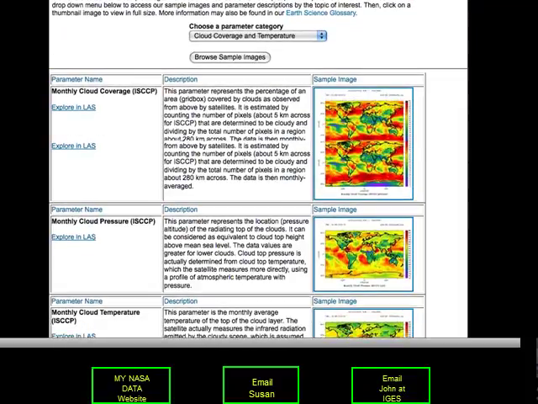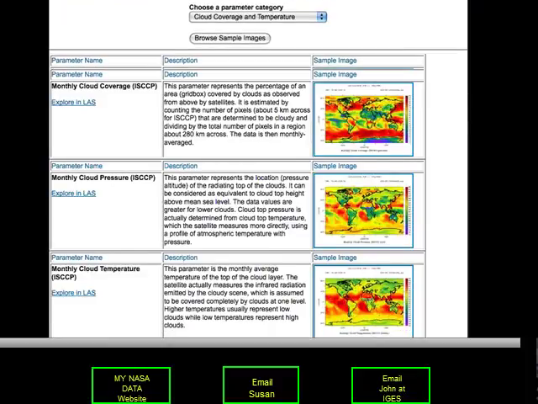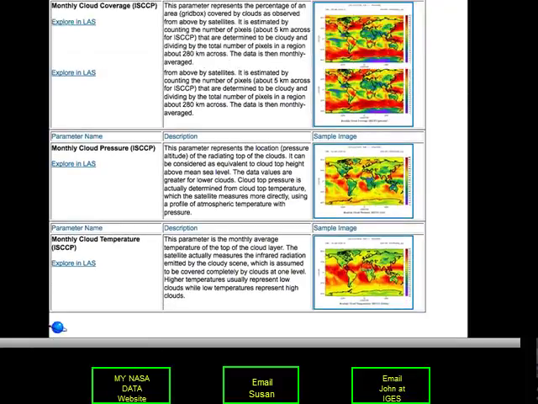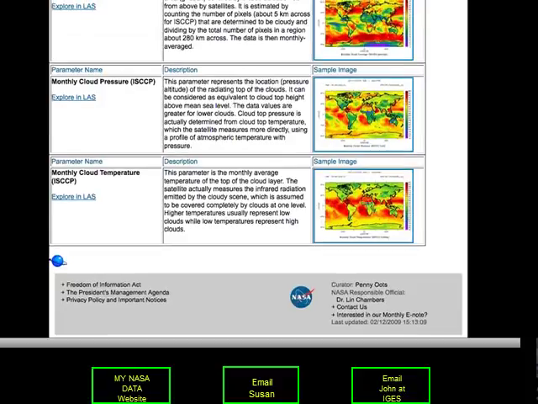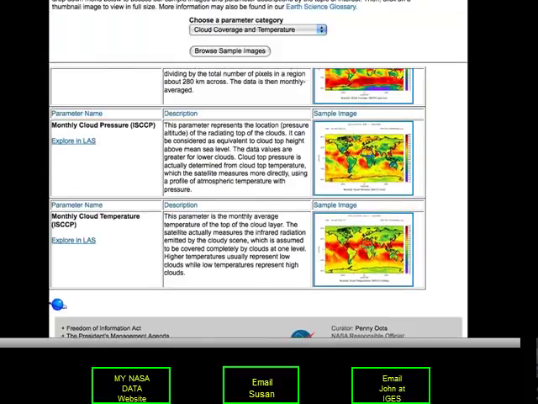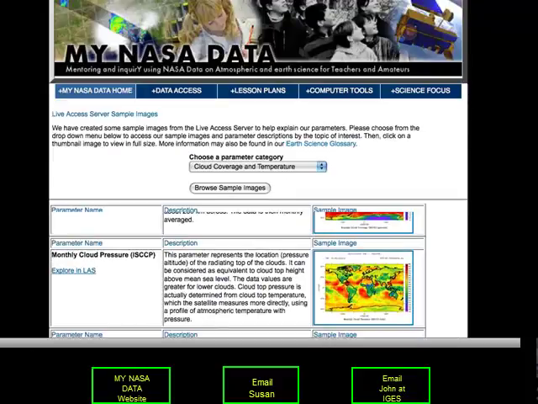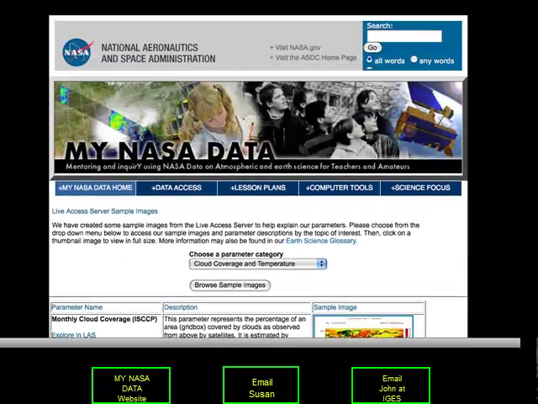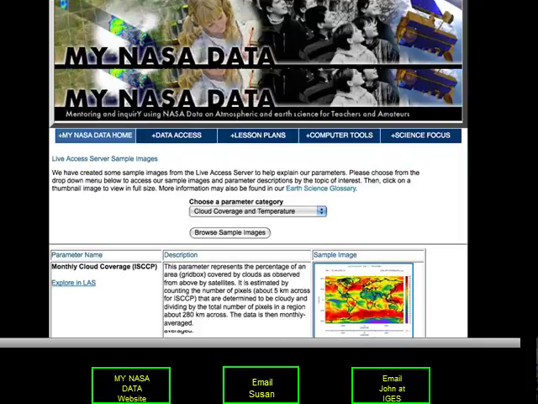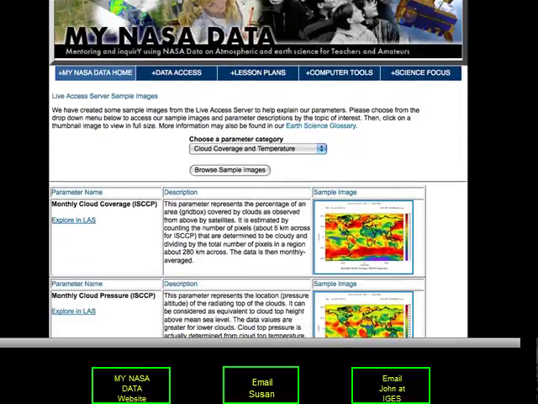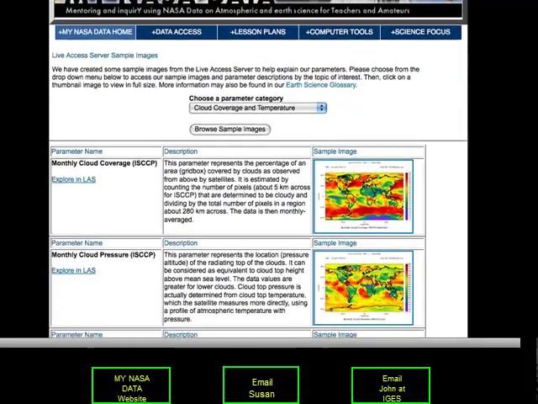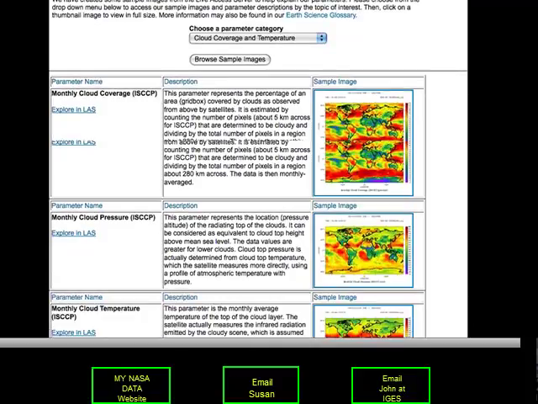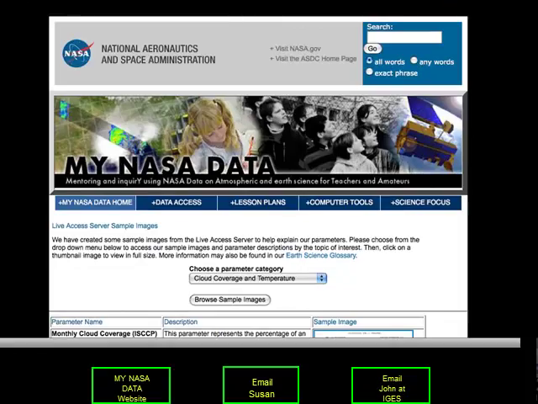So that's an example of using the sample images. It saves you a little bit of time. And of course, as educators, we're always pressed for time. So that is a time saver in terms of being able to see what type of parameters are available. So let's take a real quick minute to look at the 3 different editions, the basic